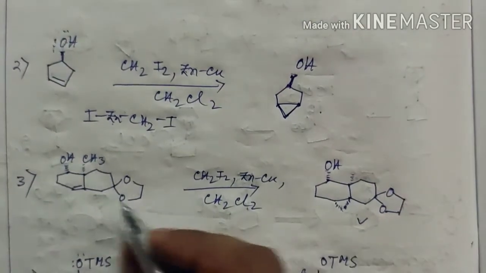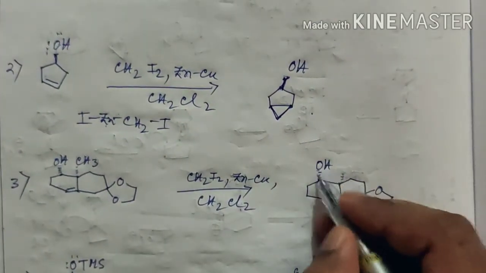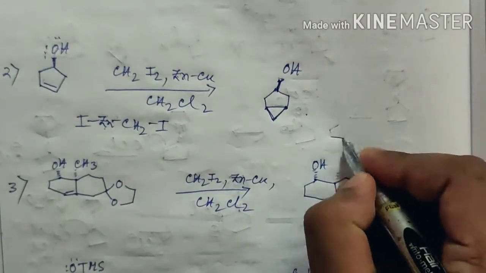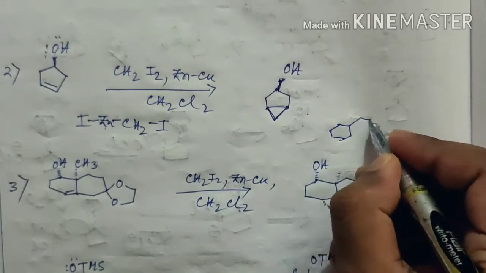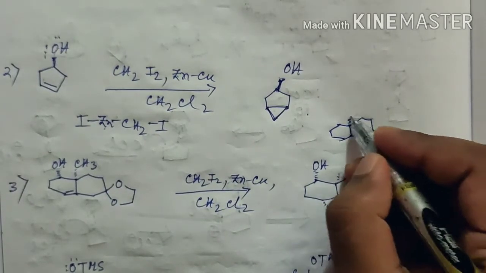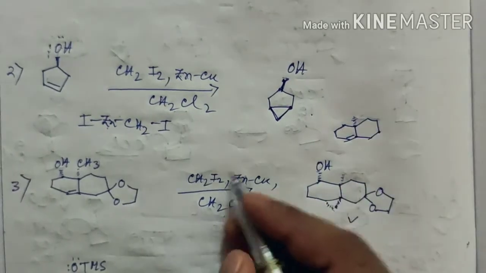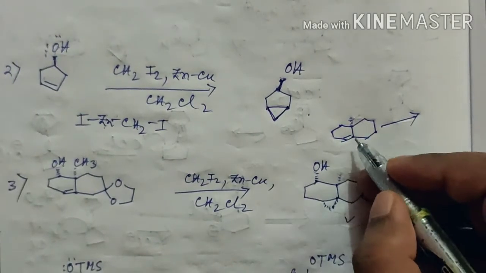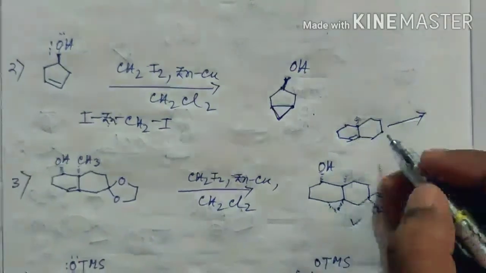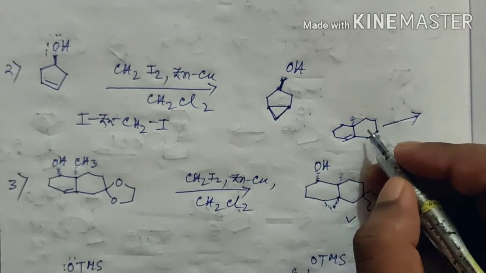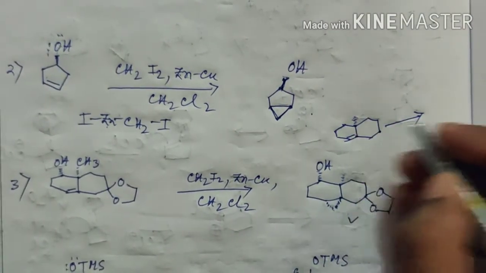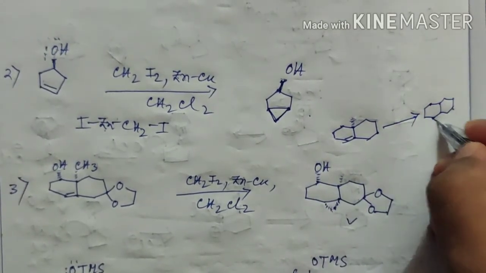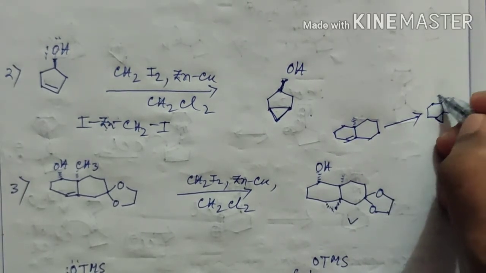Here I forgot to mention one thing, that is if there is no hydroxyl or this acetal group, that is if the starting material is like this, that is methyl is below the plane and here is the double bond, then in this condition the cyclopropanation will occur from the opposite face of this methyl group. Since the cyclopropanation will be directed by the steric factor of this methyl group, the cyclopropane ring will form above the plane, that is opposite to the methyl group.